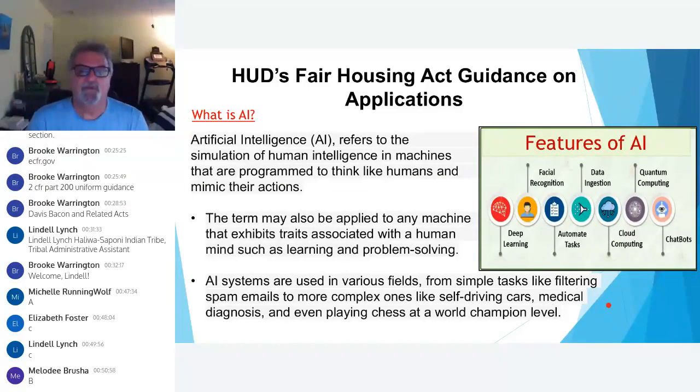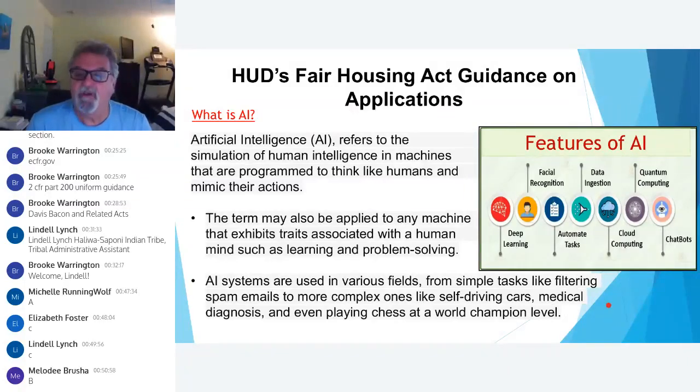Artificial intelligence refers to the technical description here, similar to human intelligence, so they say, in machines that are programmed to think like humans and mimic their actions. The term may also be applied to any machine that exhibits traits associated with the human mind, such as learning and problem solving. And AI systems at the bottom there are used in various fields, from simple tasks like filtering spam emails to more complex ones like